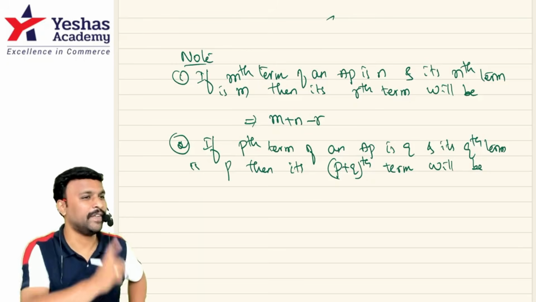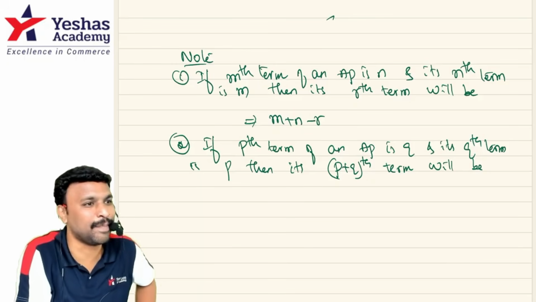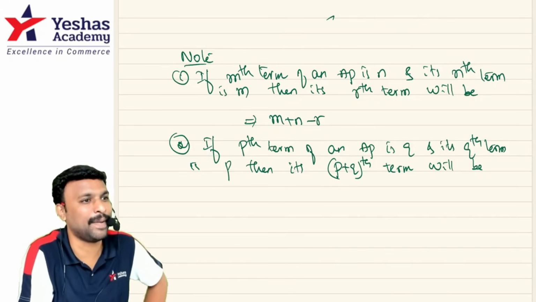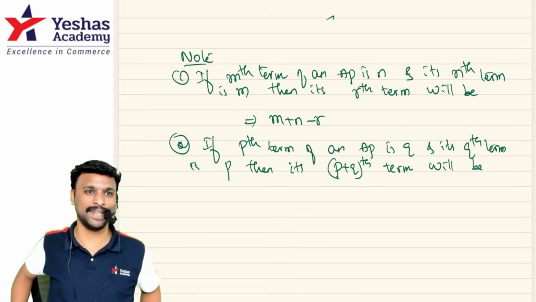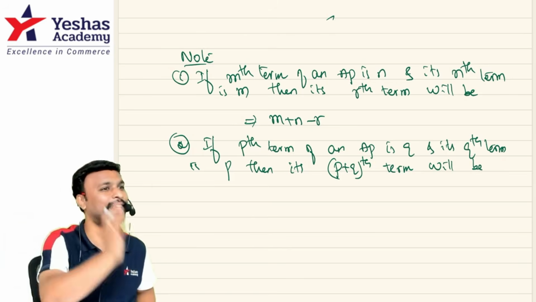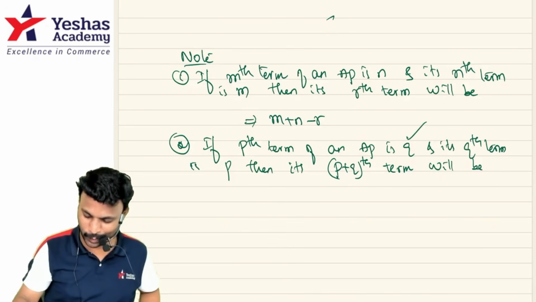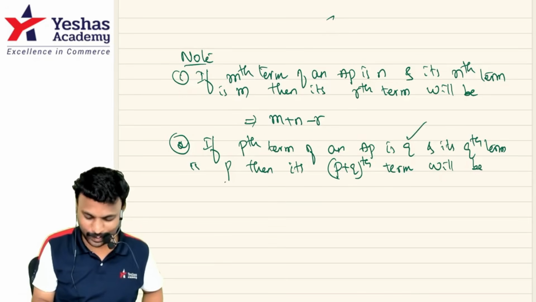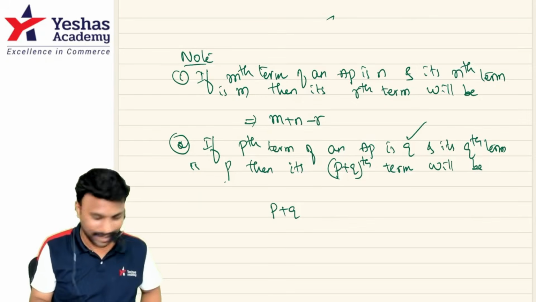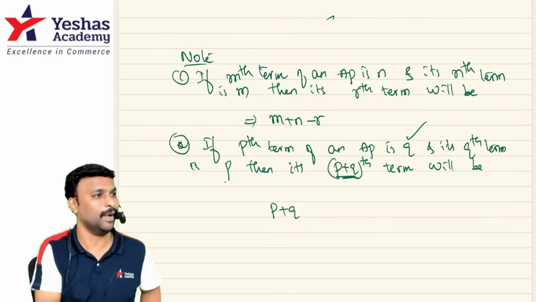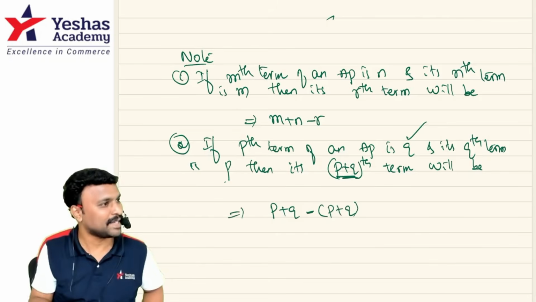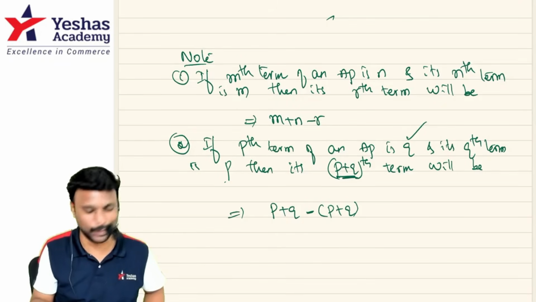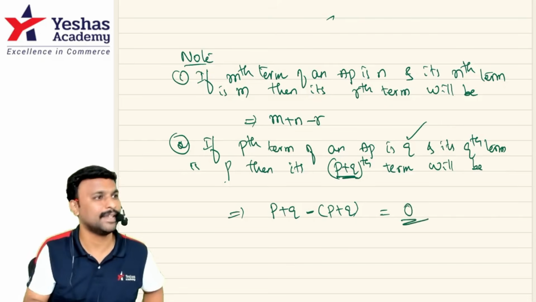How come? Whichever term they're asking, that is minus. The given terms are plus. Whichever term they're asking, that will become what? Minus. Whichever terms are given, that will be plus. Given terms are q and p, correct? So is it not p plus q? Required term is p plus q. Doesn't it get subtracted? In place of r, we have what? P plus q. And the answer is,